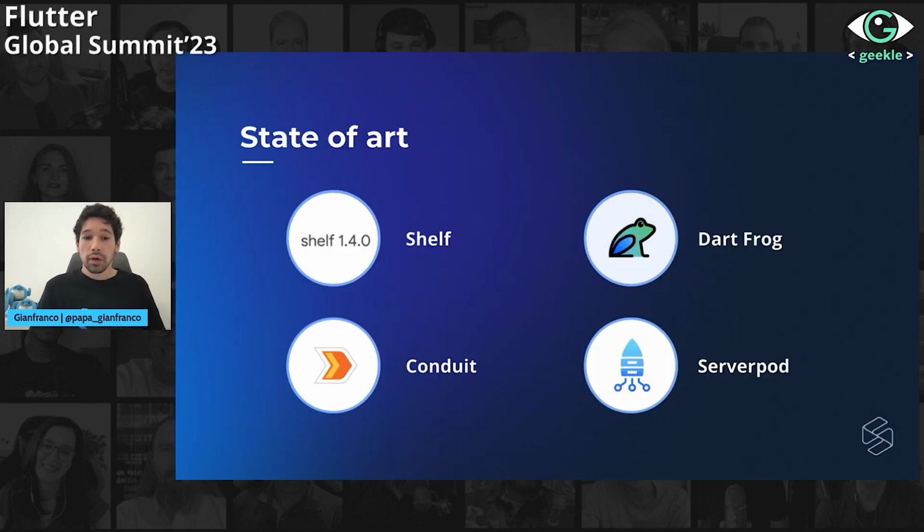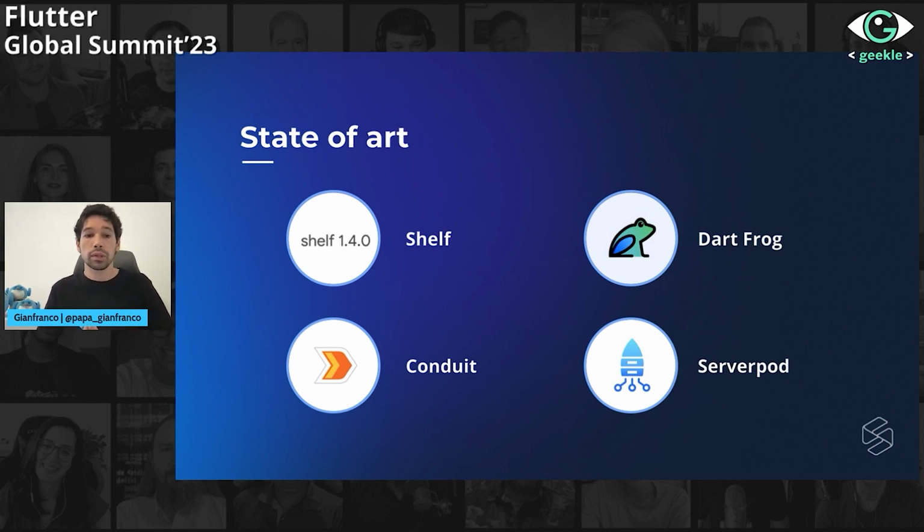Okay, so now I wanted to present briefly the state of the art, because this is not something so new, but lately there were different options that arose in the Dart community. So first of all, we have Shelf, which is more like the bare bones: if you need to compose a web server, you can start with that. This is really stable. We are at version 1.4. So yeah, that's really nice if you want to dig into lower level building of backends in Dart.